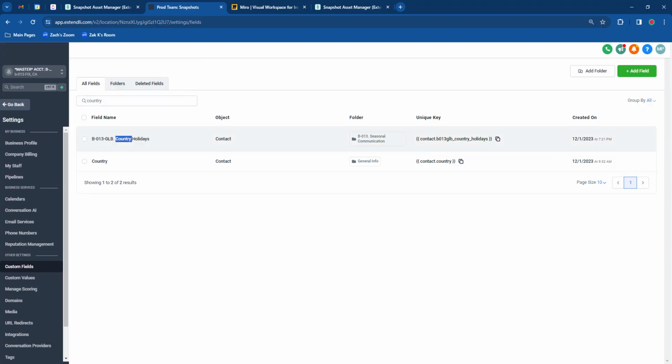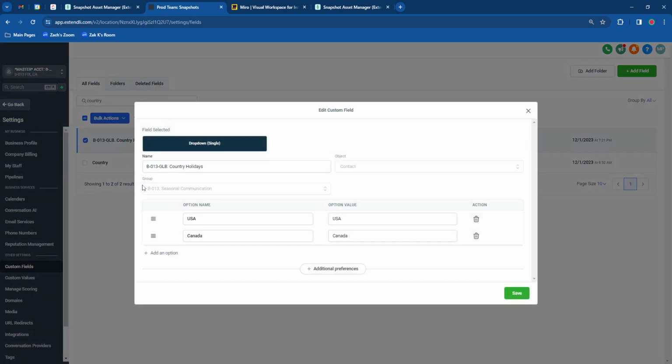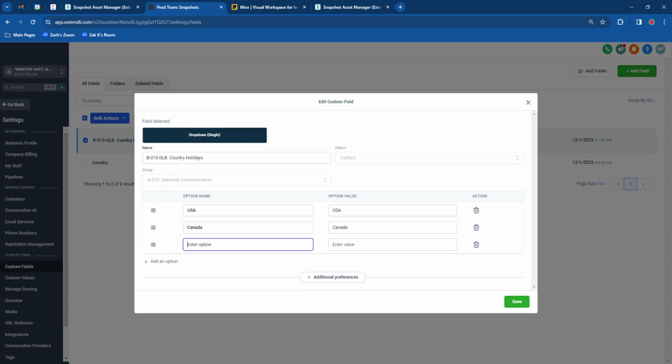B13 country holidays. So what we have is this, with this field here, I'm just going to edit it to show you. There's a couple of use cases. Using the system field for setting has a couple of limitations, so we had to add this extra one in. So all you need to know is to make sure that you add the country here and that you've edited the workflow as well. So if you wanted to add Albania,